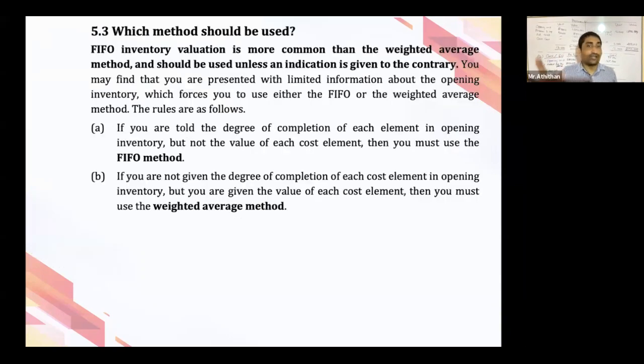So if we are done with this, an important question, which method should be used? எந்த method use பண்ண வேணும்? Right? Are we going to use the FIFO method or are we going to use the weighted average cost method? FIFO method use பண்றதா இல்ல weighted average cost method use பண்றதா எதை யூஸ் பண்றது நல்ல ரெண்டு பார்த்தோம்னு சொன்னார். FIFO inventory valuation is more common than weighted average method and should be used unless an indication is given to the contrary. So நாங்க பார்த்தோம்னு சொன்னா opening inventory